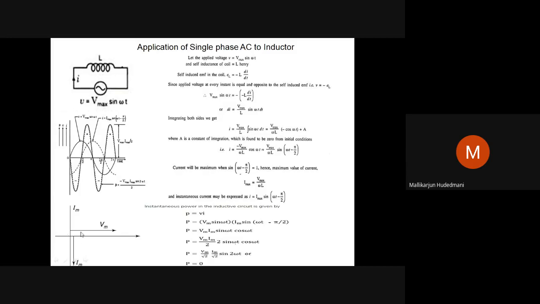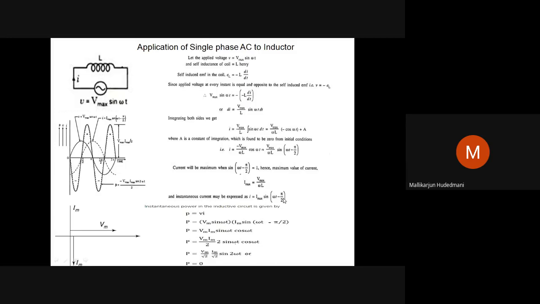Therefore, from the vector which is drawn horizontal here, Vm, draw one line below by an angle of 90 degrees, a vector, the current vector. It means in an ideal inductor, current is lagging behind the voltage by 90 degrees or pi by 2 radian. This is called the vectorial representation of the wave. So we should be very careful about the vectorial knowledge which we get from the current equation. The current equation says sin omega t minus pi by 2. Current is lagging behind by pi by 2.